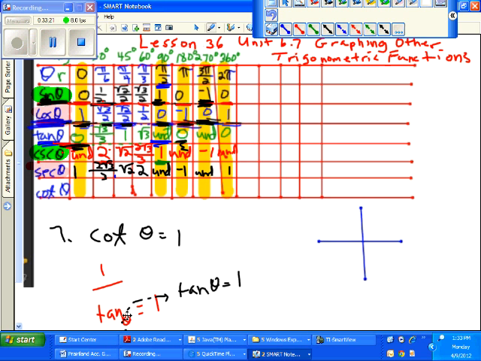If the reciprocal of tangent theta is 1, that means that tangent theta must have been 1. And we're thinking, well, when is the first time that tangent theta is 1? Tangent theta is going to be 1 at